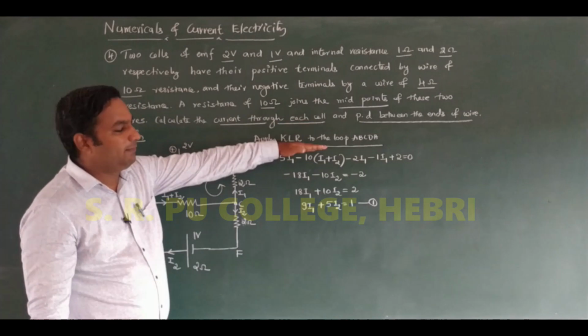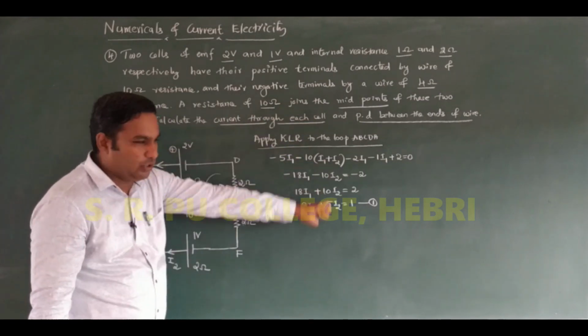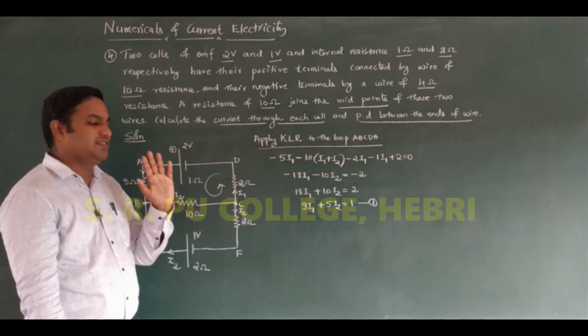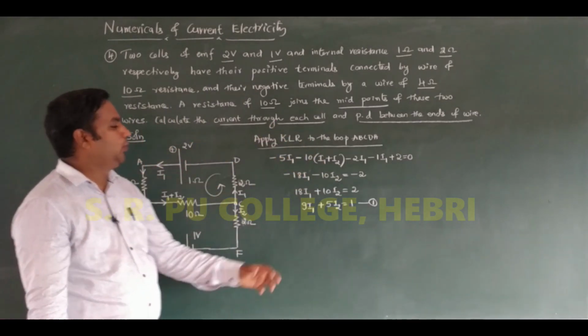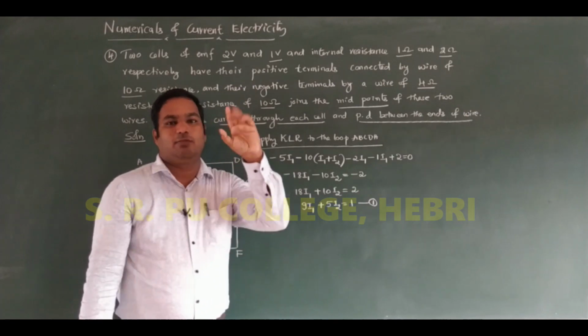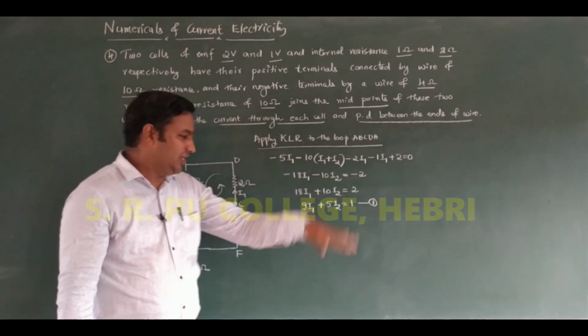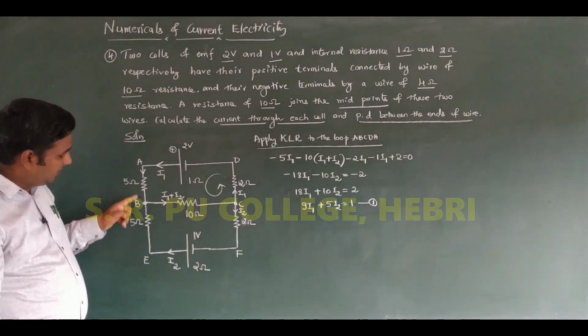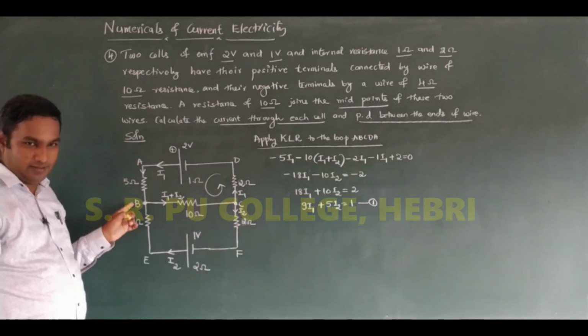Remember how to apply the sign convention and how to consider a loop; I already explained that in the theory part, and I explained the same thing once again, and depending on this loop I got the answer, equation number 1. Is that clear? Yes. Similarly, you have to consider a second loop. The second loop is nothing but BEFCB.